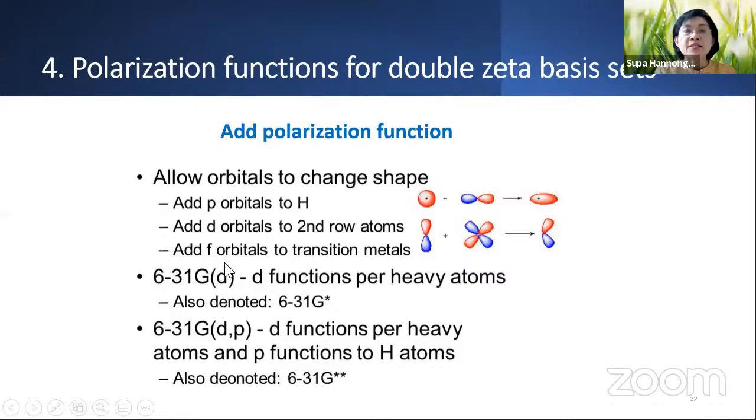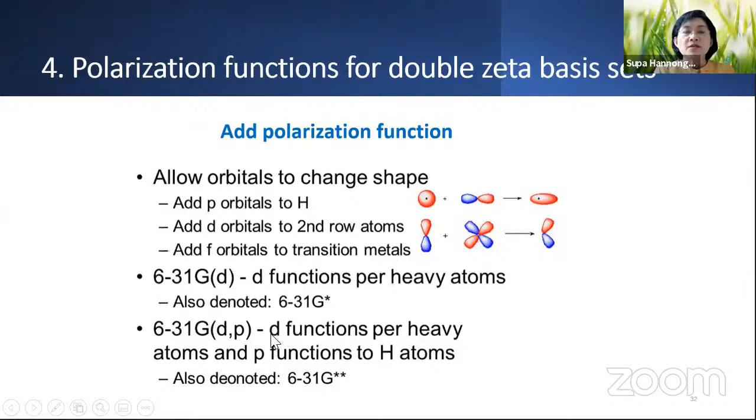Now, we add the polarization term by adding a bracket and D, like this. That means D functions per heavy atom. And sometimes for the symbol of this basis set, they use 6-31G star. Star means polarization per heavy atom. Okay, per heavy atom, this is the keyword. And if you have 6-31G(d,p),